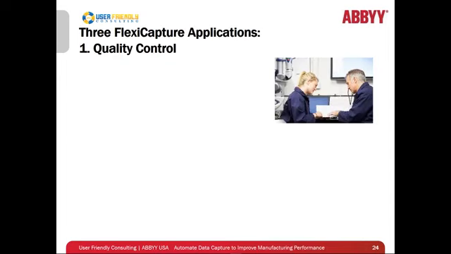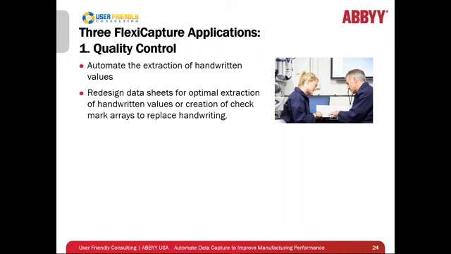Okay, I'm just going to talk through, before we turn it over to Travis, some of the things that we can do in these three realms. The first realm is the quality control realm, extracting handwritten values from quality control data, and we have done that for lots of companies over the years. And what we can do is flag values that are out of spec. We can do things like help companies redesign their data sheets for optimal extraction,